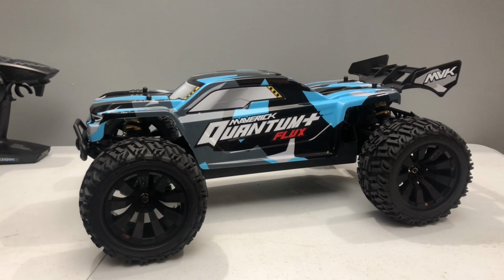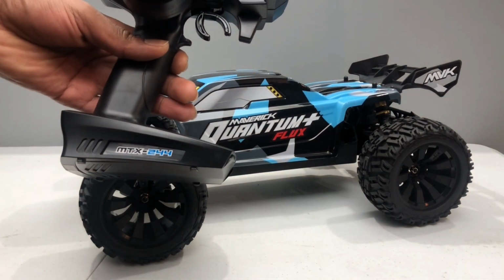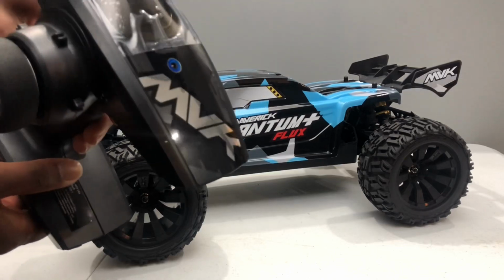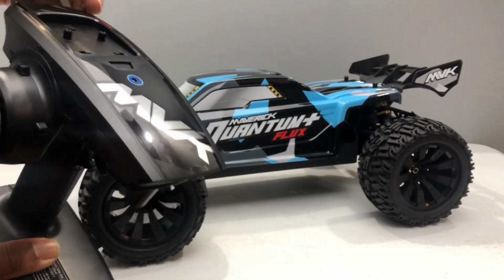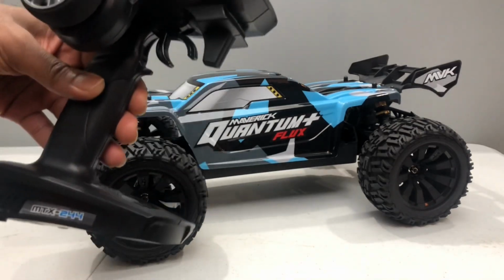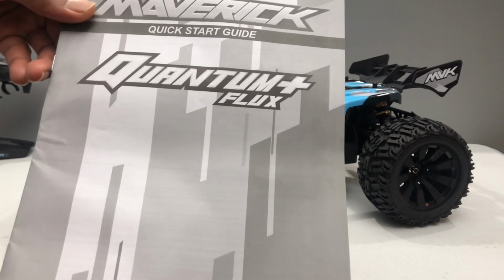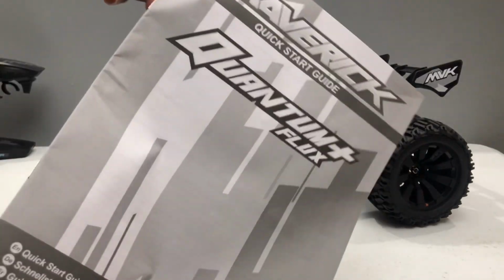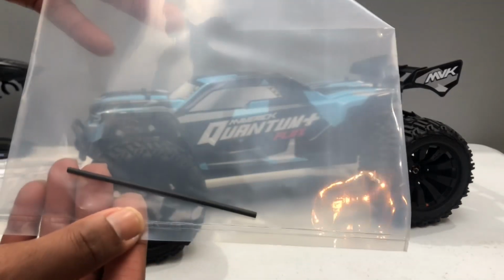All right, just got out of the box. First things first, got the radio, MTX 244. All right, same radio that came with the Quantum XT and MT Flux. All right, then you have your manual that comes in the package. All right, and then it gave you also an antenna tube as well. Okay,